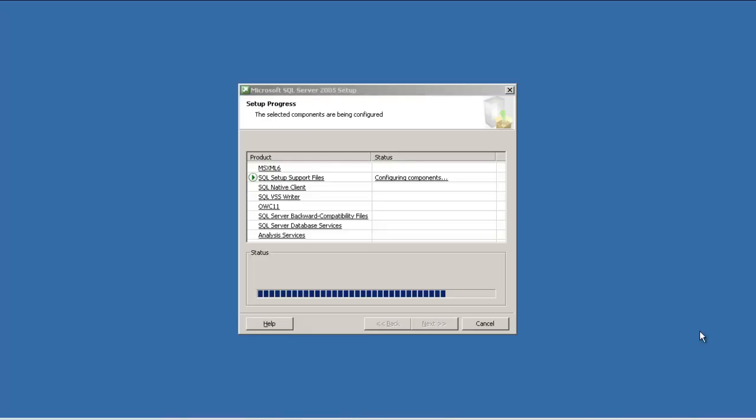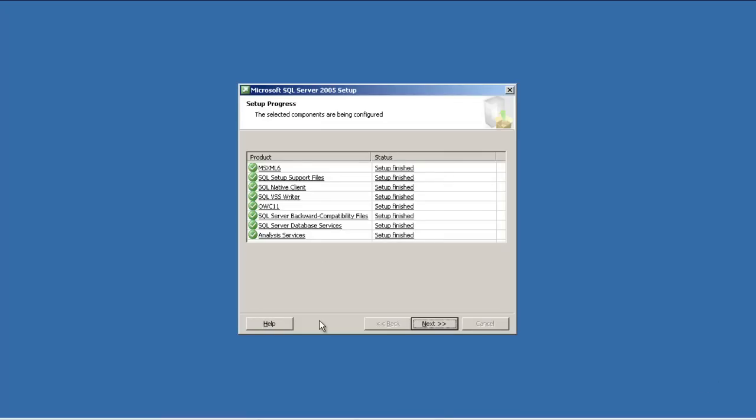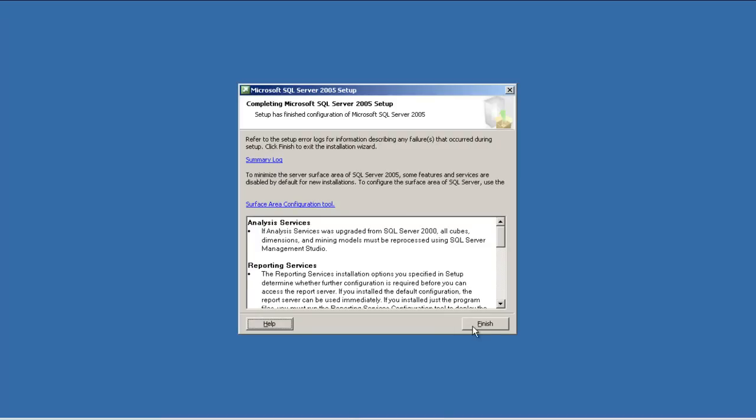Okay, there we are. Again the installation has finished. It has taken very little time, and I think we have finished with the SQL Server double instance, two instances, and that ends the SQL Server 2005 installation process. I hope it was easy. There's nothing difficult about it.